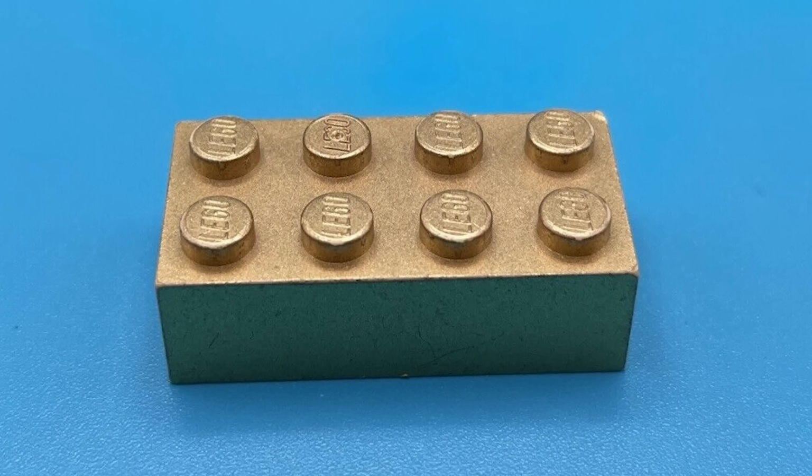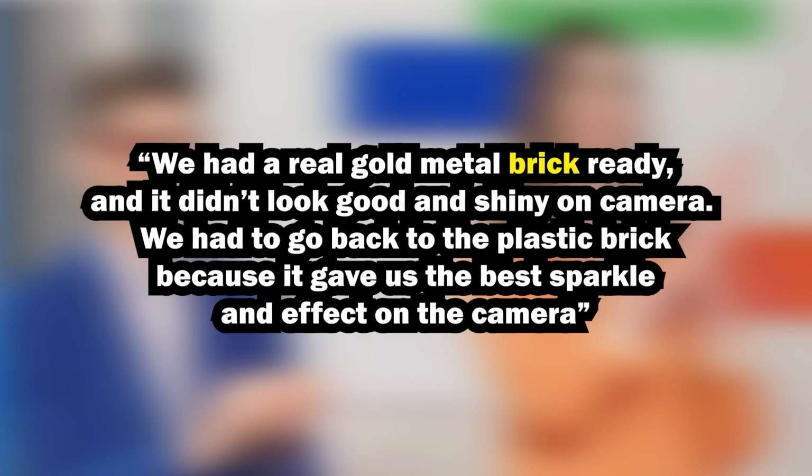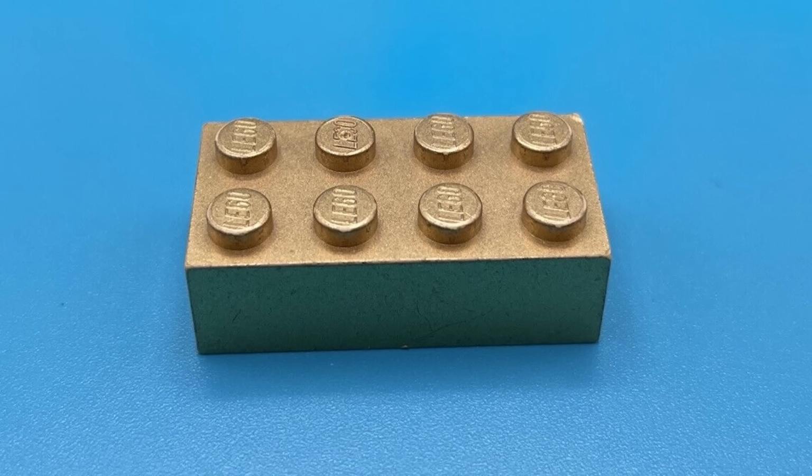But according to LEGO Masters US judge Amy Corbett, this isn't some cost-cutting strategy, because as it turns out, they had originally planned to have a solid gold brick that they wanted to use, but it just didn't look right on camera. Amy stated in an interview that, quote, "We had a real gold metal brick ready, and it didn't look good and shiny on camera. We had to go back to the plastic brick because it gave us the best sparkle and effect on the camera." Now, while gold bricks might not be the best choice if you're trying to create a TV show apparently,